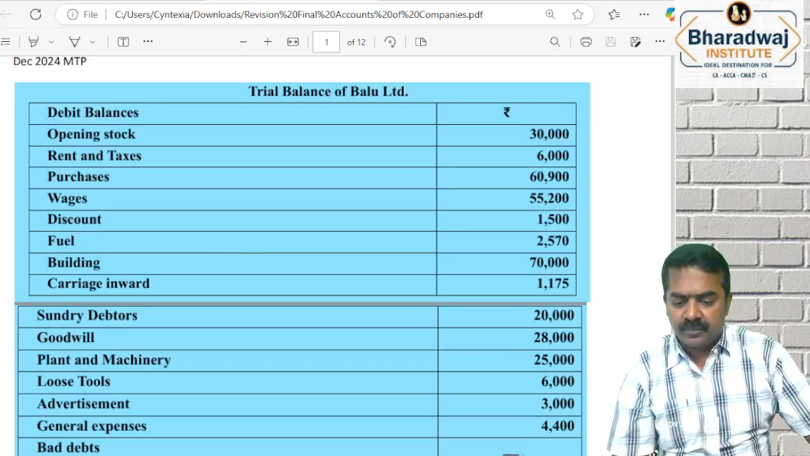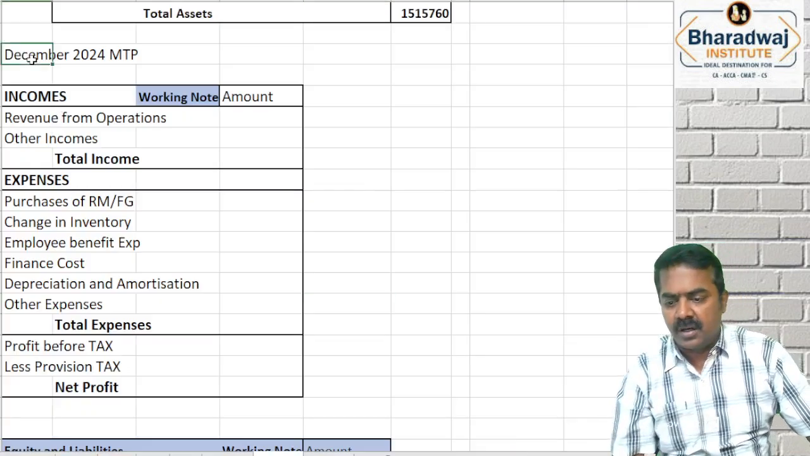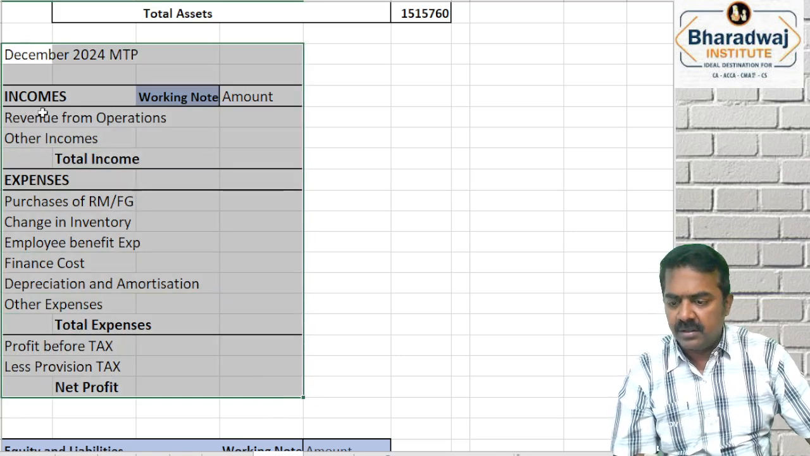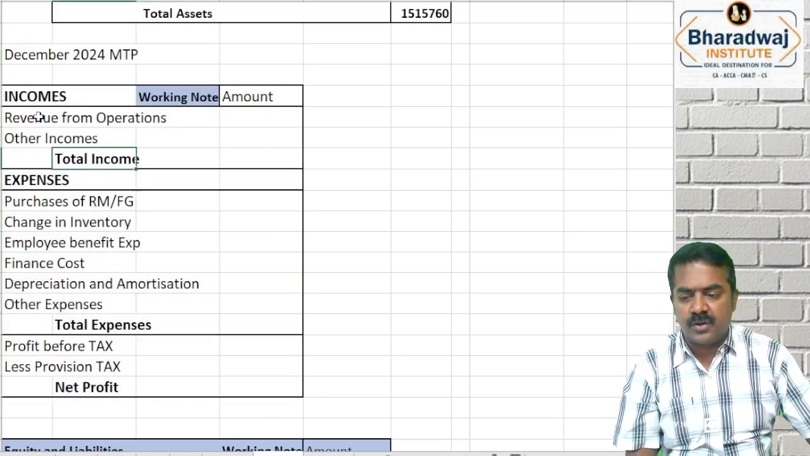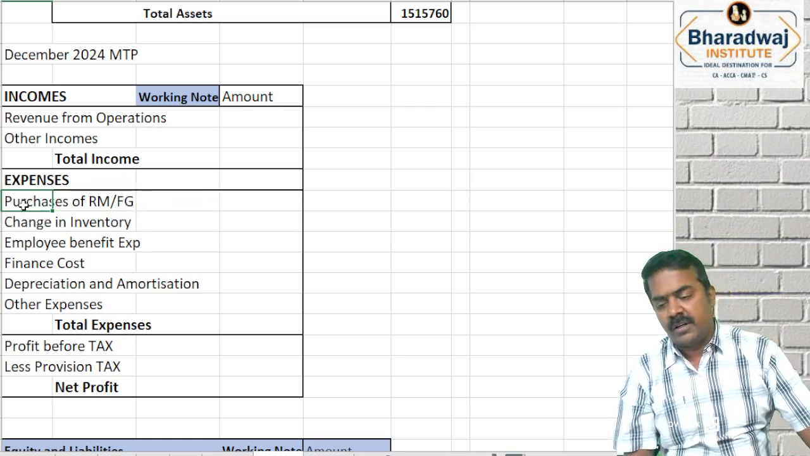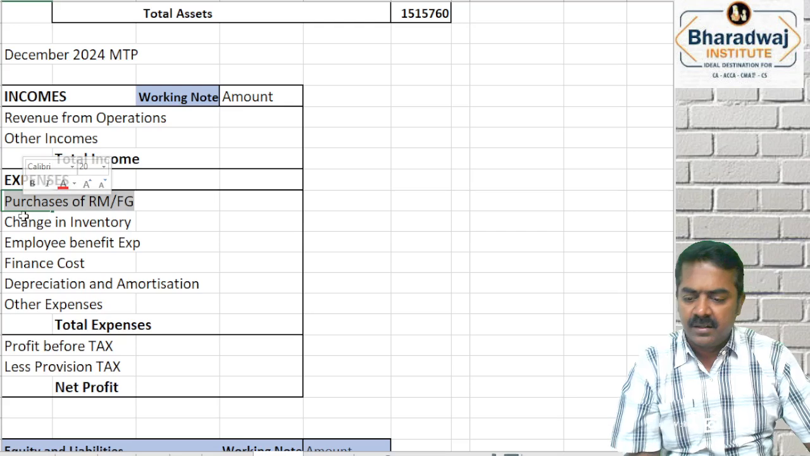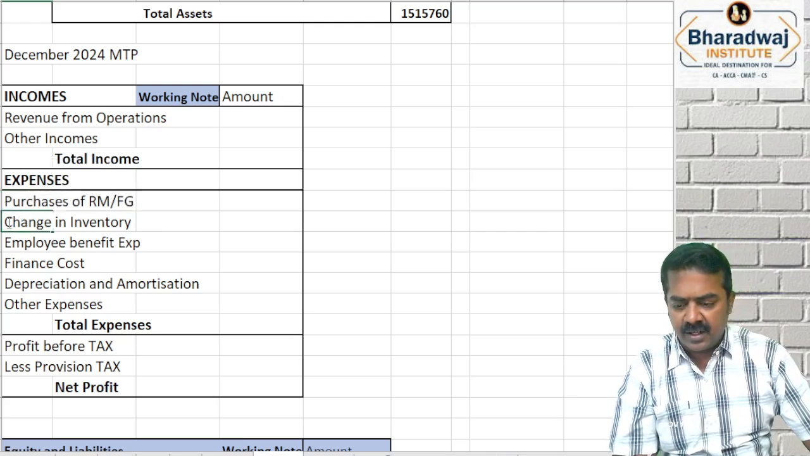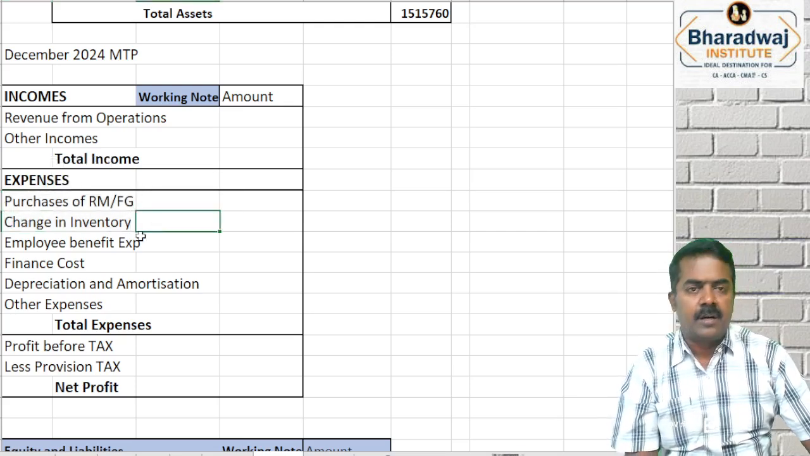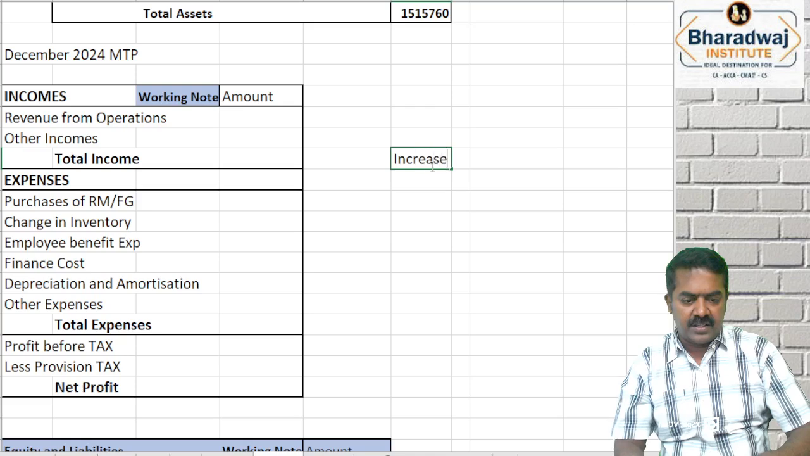Okay. Before we start with revisions, let us do a recap of the income statement. Income is classified under two heads: revenue from operations and which one? Other incomes. Expenses: the purchase of raw material or finished goods we include. You can include direct expenses like carriage inwards also here, and change in inventory, like opening stock to closing stock, how much changed. Suppose there is an increase in inventory,